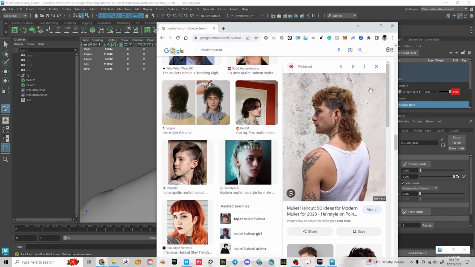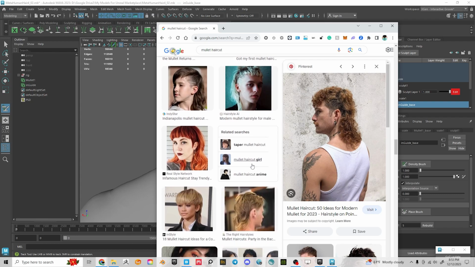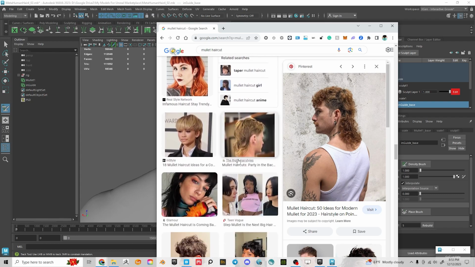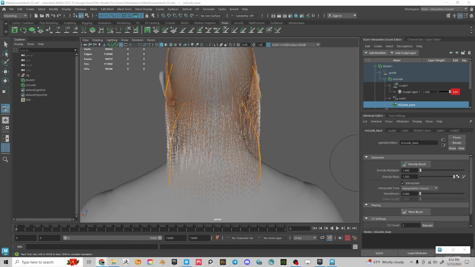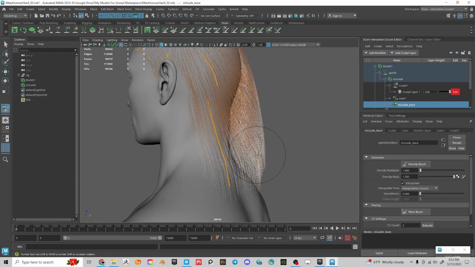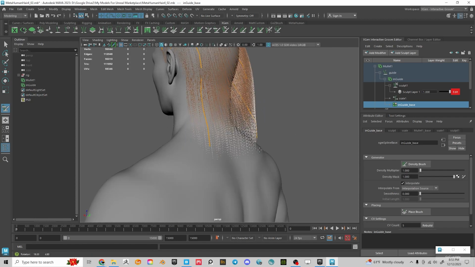All right, we're gonna go a little bit longer on the top too. Glorious, glorious mullet. All right, so we're looking right about. Yeah, let's make this a little bit